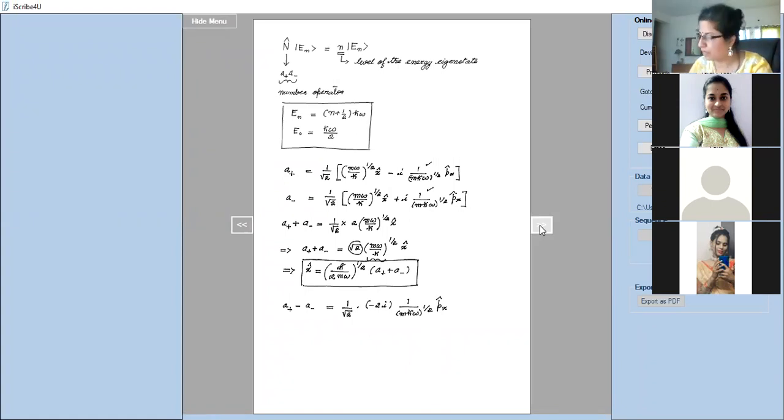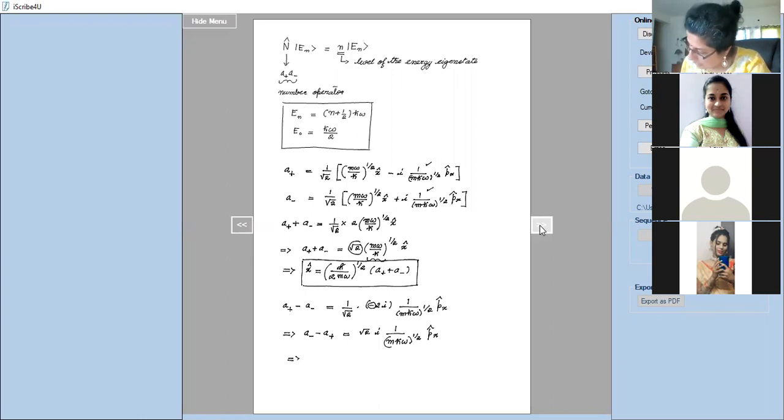Correct? We are doing a plus minus a minus. So we can bring this minus sign to the other side, and we will get a minus minus a plus is equal to root 2 i, correct, (1 upon mħω)^(1/2) px,